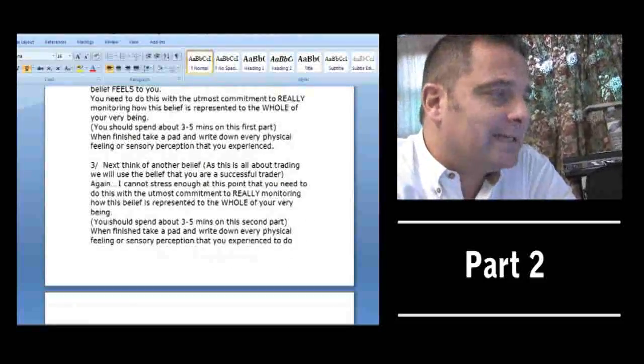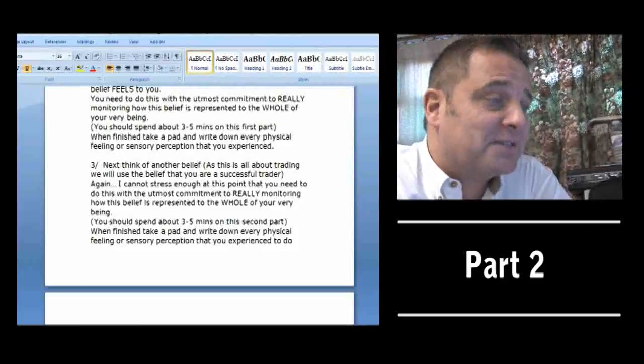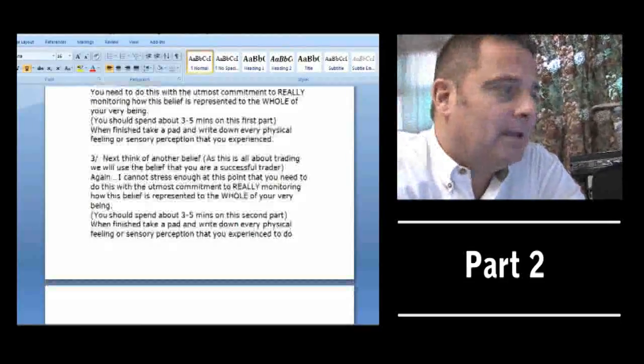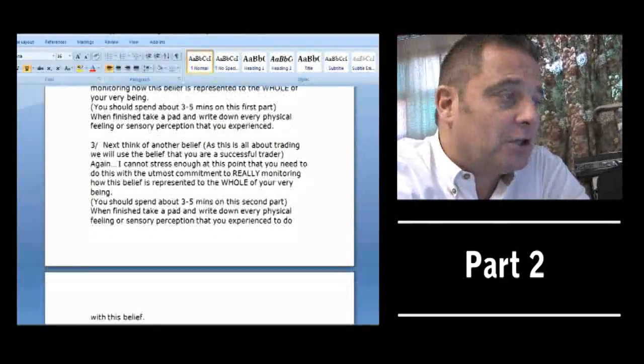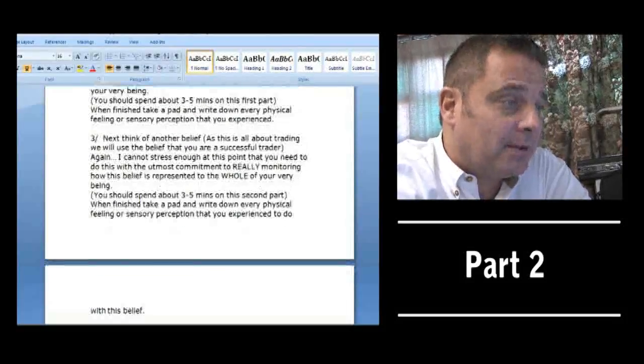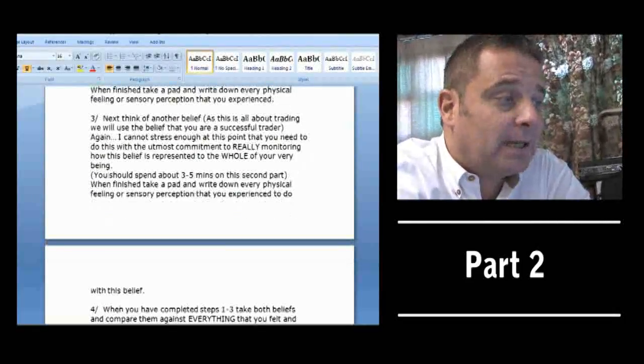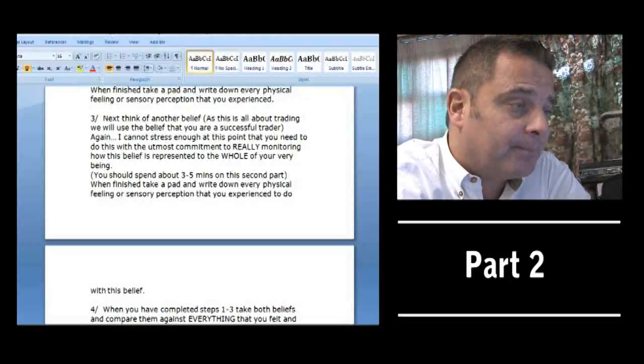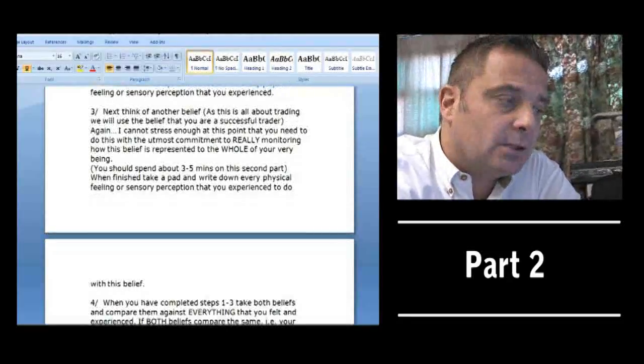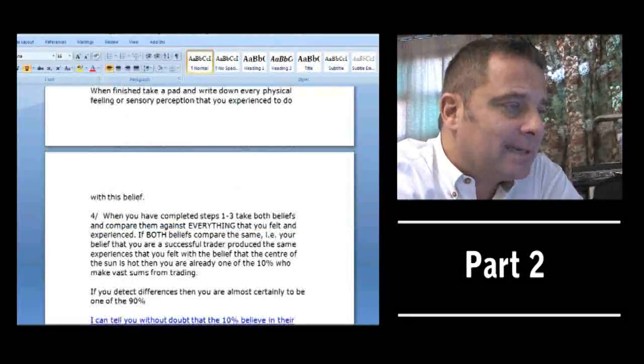As this is all about trading, we will use the belief that you are a successful trader and you are making money. Again, I cannot stress enough at this point that you really need to do this with the utmost commitment to really monitoring how this belief is represented to the whole of your being. And again, you need to spend some time to do that. When you have completed steps 1 to 3, take